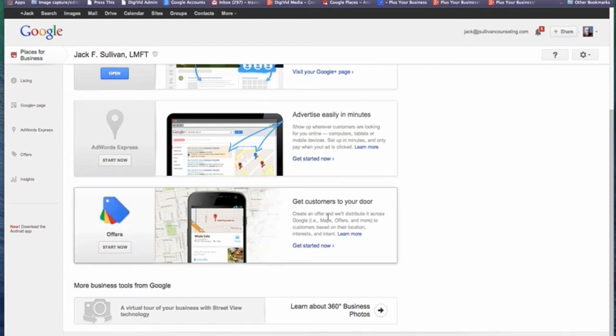Next, of course, is Offers, which is, in my opinion, for local businesses, a really neat system that I'm not sure many are taking advantage of. What Offers does is you can create an offer, like let's say 20% off of this or that. It's direct information to interested buyers that are looking specifically for that or are in that area and might want to know.